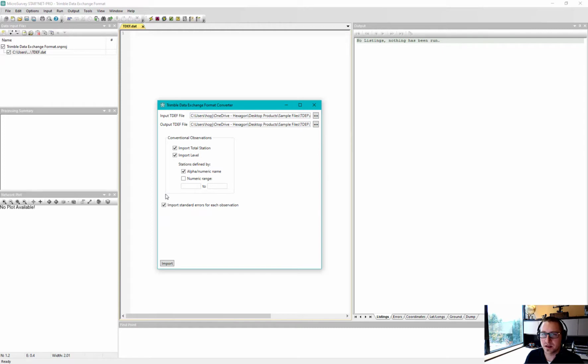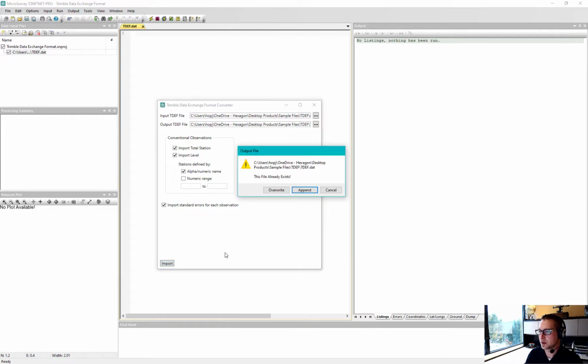The checkbox down at the bottom will allow you to import standard errors for each observation, rather than relying on instrument settings in your project. If you are typing in an M record, you'll notice that there are 3 additional fields where you can enter those standard error values. This will automatically import those values as exported from Trimble Business Center. If we click on Import here,